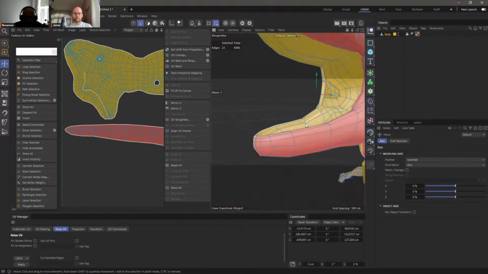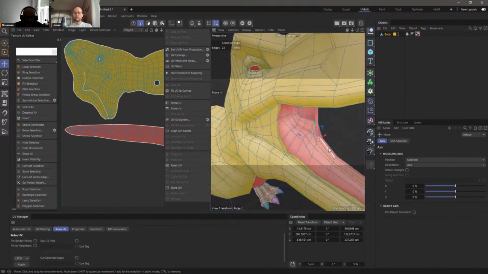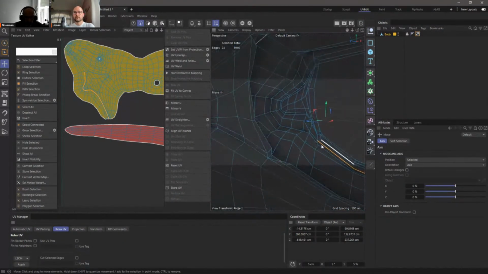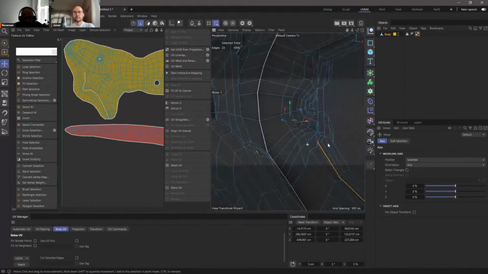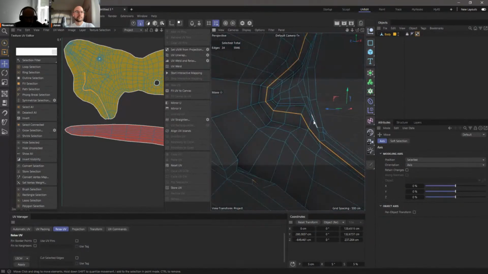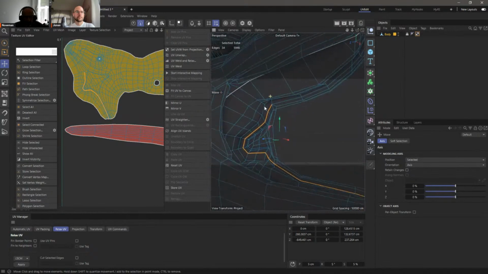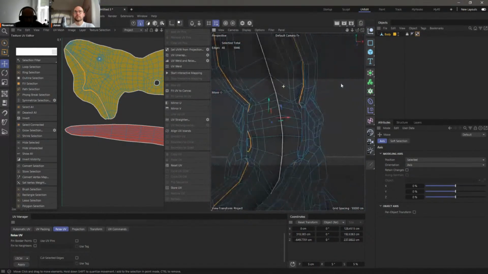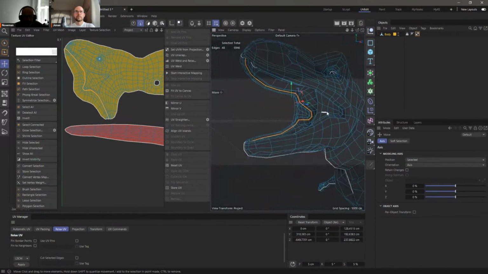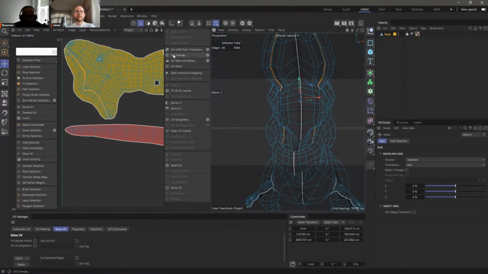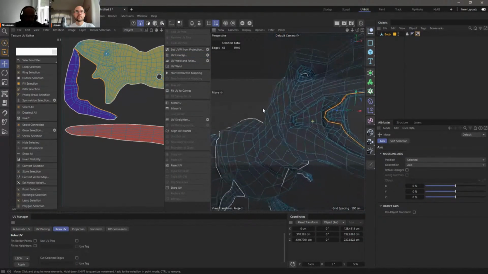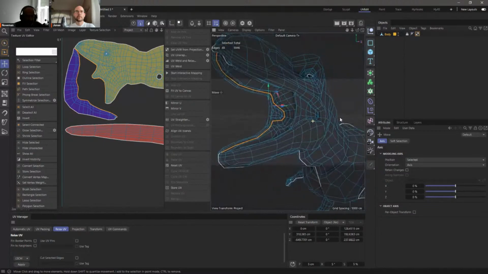Shift double click. Let's see how far this is going to take us. You can look at the line and again change the hidden lines to make it a bit more obvious. I'm going to do something equivalent on the other side. So shift double click here. And I think with a couple more shift double clicks, I've got the whole loop selected. That's absolutely fantastic, because now I can detach these, and I'm getting a bit of a better inside unwrap